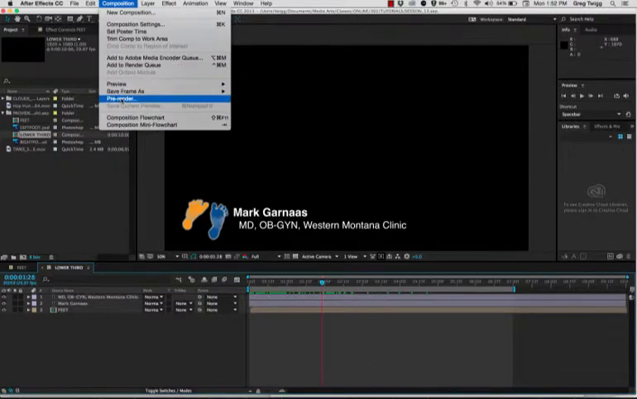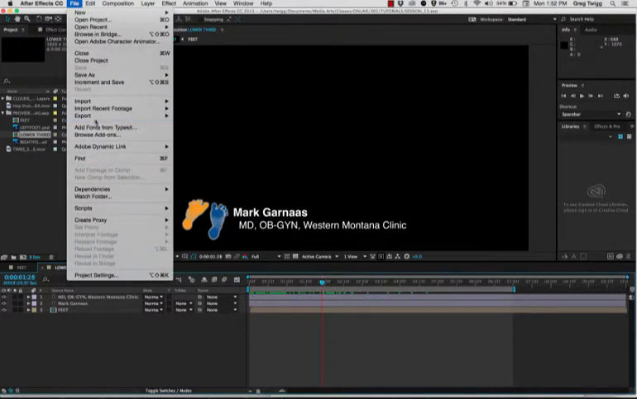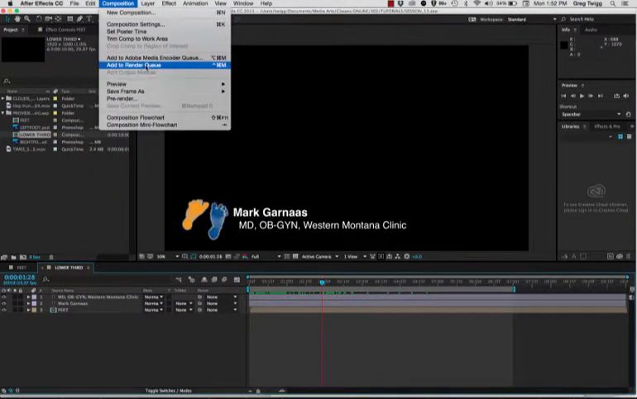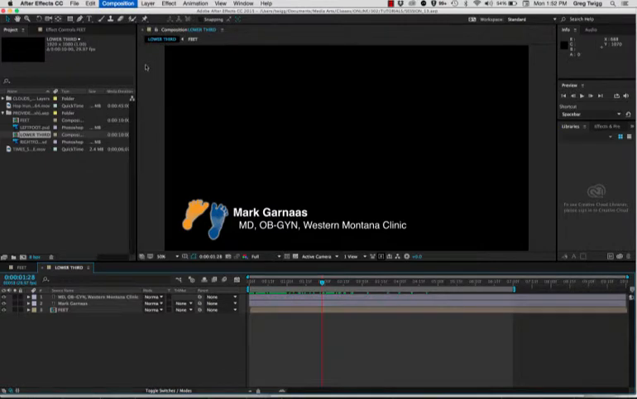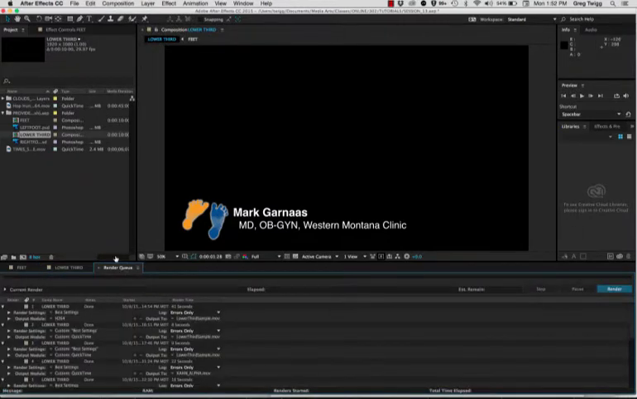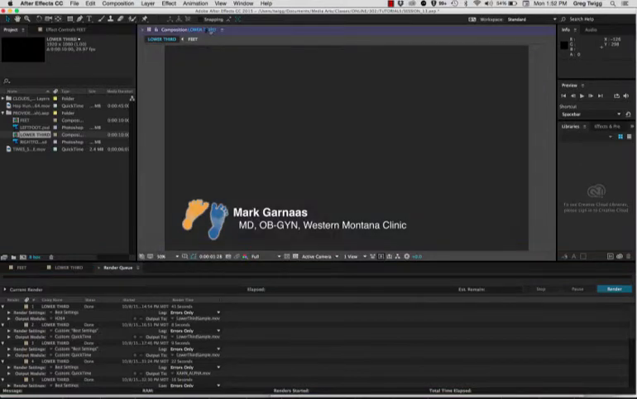It used to be called Make Movie down here, but they've changed the language a little bit. So add to render queue. You can do it here, or you can do it under export, add to render queue. Okay, and what that does is it opens up our render queue. And here's a trick: you should put this